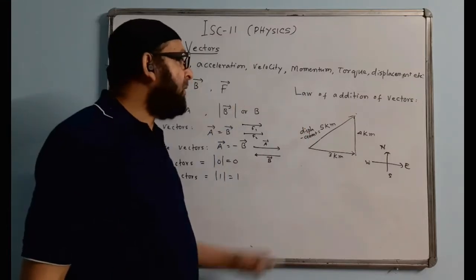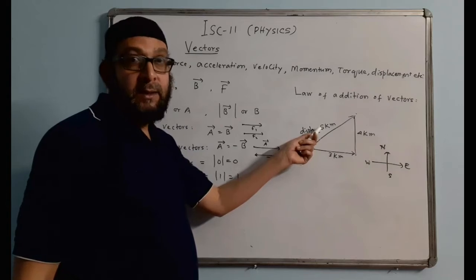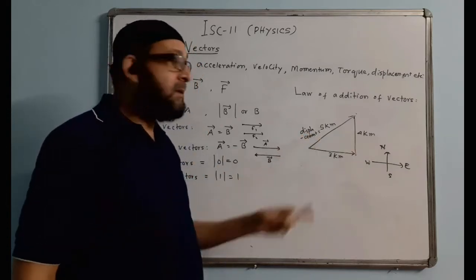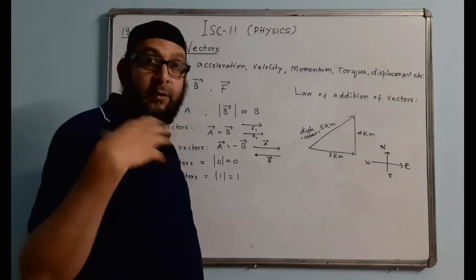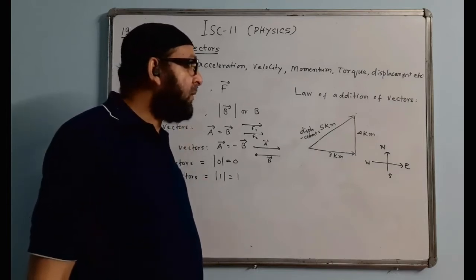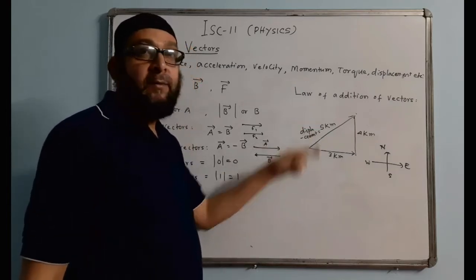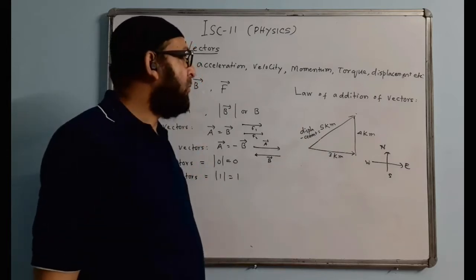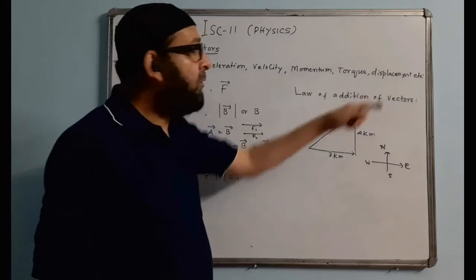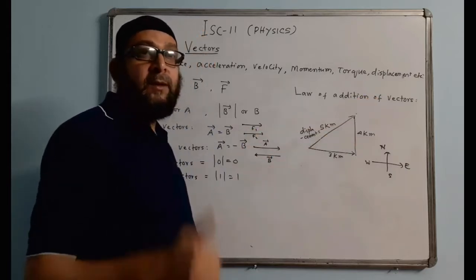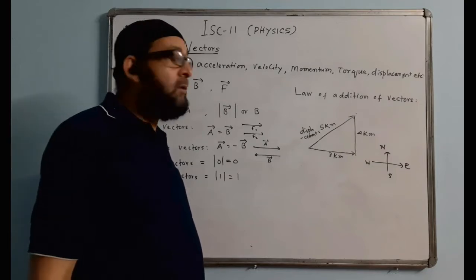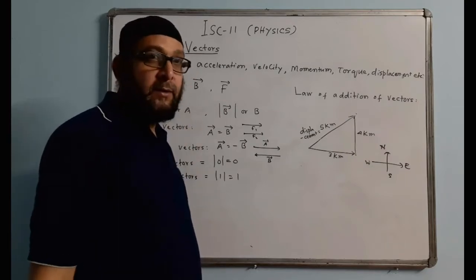The key point is the displacement value, which is a vector, is coming 5. It is not coming as simple addition. 3 plus 4, 7 is not coming. It is coming in a different order. So there is a specific rule for the addition of vectors, and about that mainly we have to concentrate. There are 2 rules to add 2 vectors. First one is called law of parallelogram for the addition of 2 vectors, and the second law is called law of triangle for the addition of vectors.